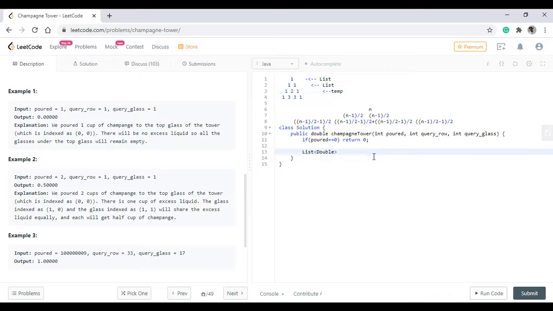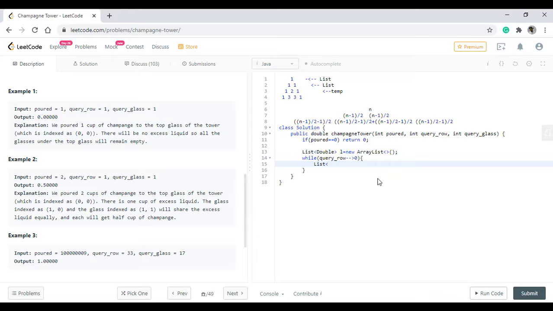So we'll create a list with the name, we can say L. It will be a list of double because we need to store double values. Now we'll loop till the query rows is greater than 0.